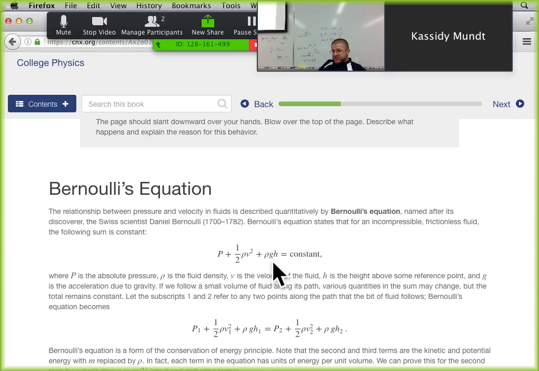So we have potential energy, which is density times g times h, instead of mgh. So that's kind of like our potential energy. That's not exactly equal to potential energy because it's not mass times g times h. So it's like potential energy per volume. Then this would be kinetic energy per volume, 1/2 rho times v squared, the kinetic energy kind of thing for this particular volume of fluid we're following around, and then the pressure of this fluid as we follow it around.